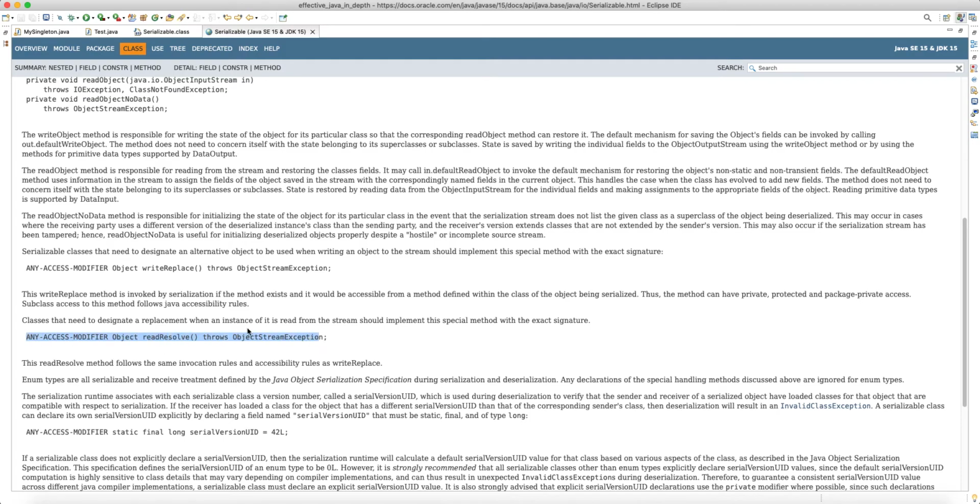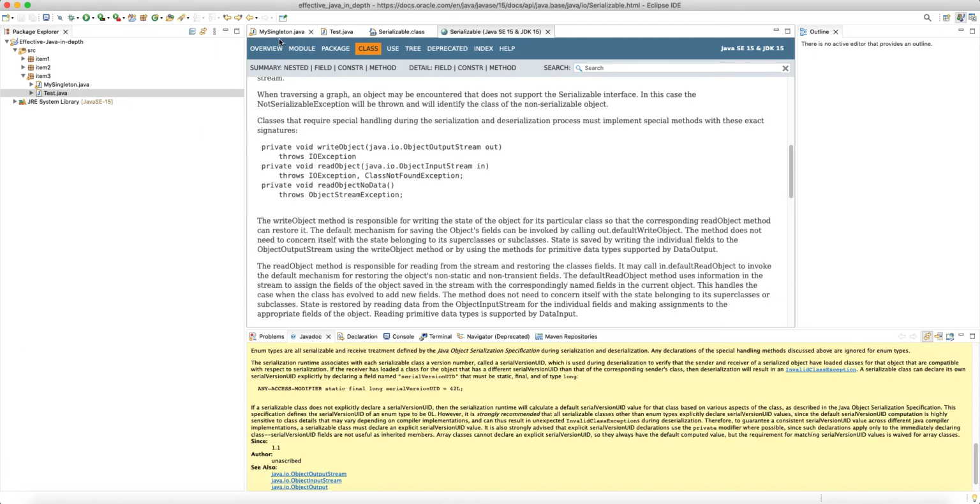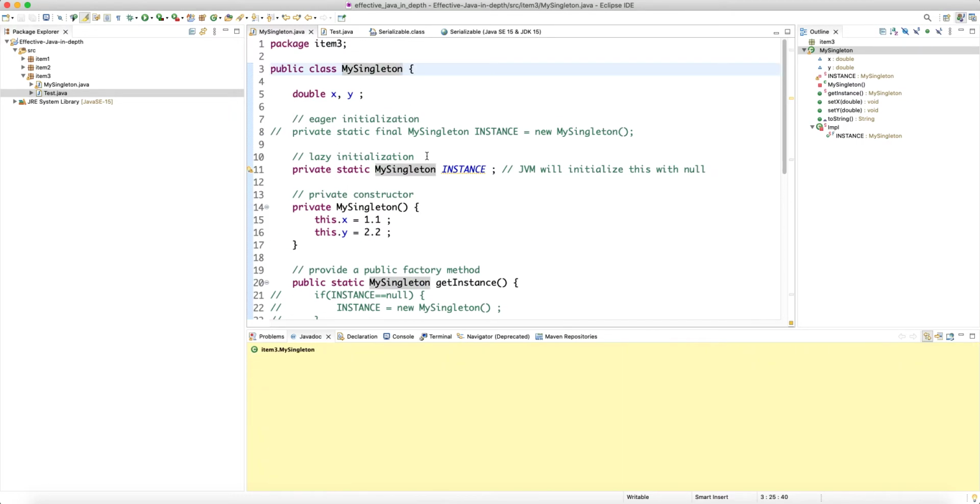So what is this readResolve? The classes that need to designate a replacement when an instance of it is read from the stream should implement this special method with the exact signature. You can have any access modifier here, private, protected, whatever. It has to return an object, and the name should be readResolve, and you don't really need to specify this exception, so you can comment it out. But when you do the readResolve, then inside the implementation you can instruct the JVM what you want to actually be returned. And what you do here is, if I want to make my singleton